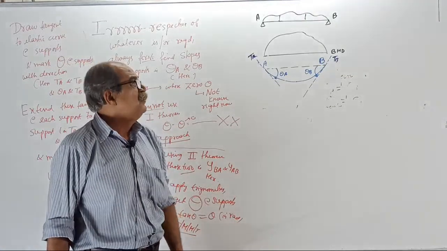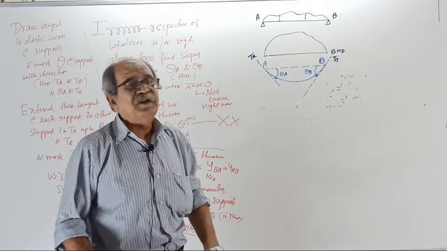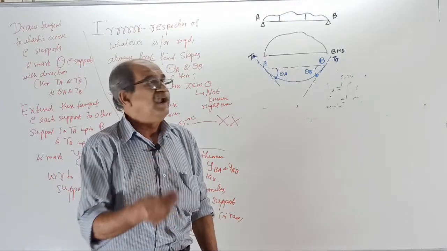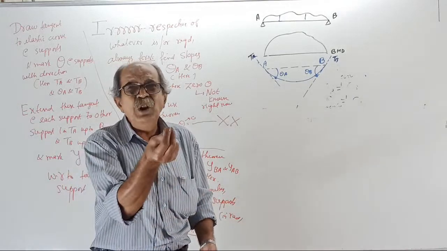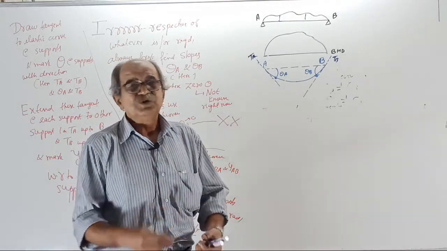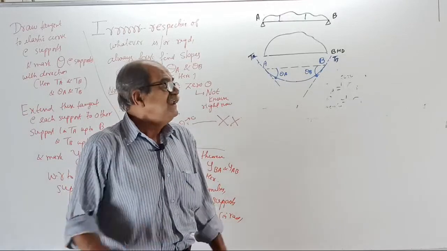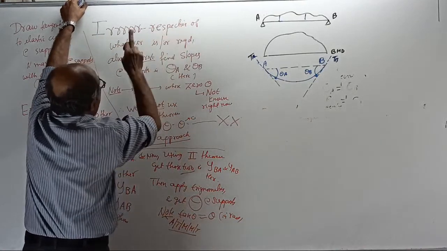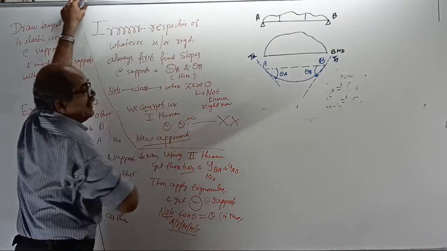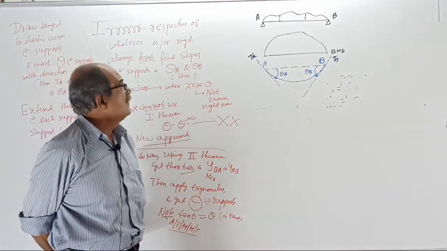Sometimes, when someone is writing or giving a question, you feel something is not required. What do you tell? Little required. If it was not required, then they will tell little. Then you tell slope. See, that way. Little. No, you don't tell that. Irrespective of whatever is required, they may ask you only one, either theta A or theta B